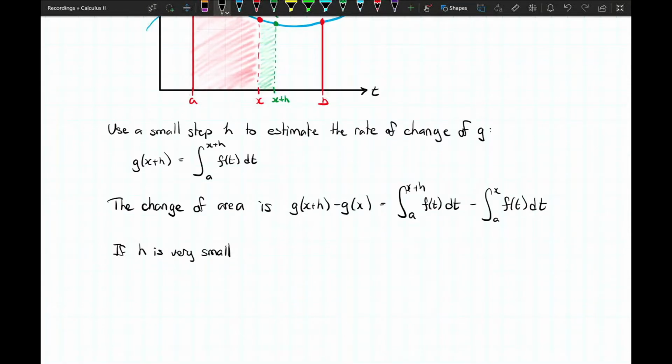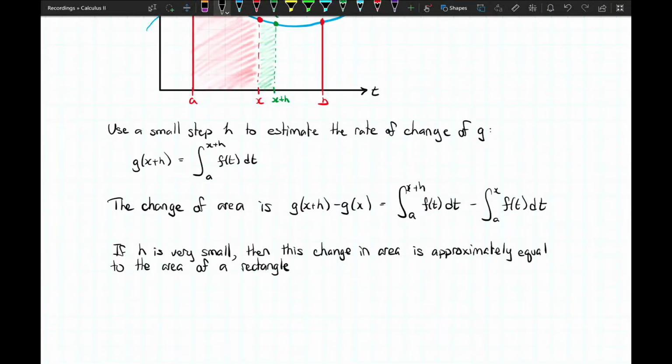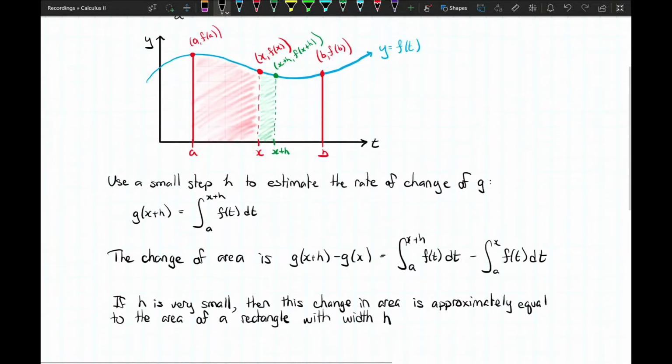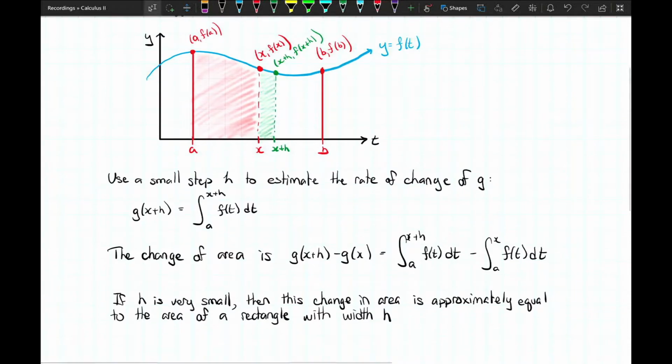As long as h is very small, then this change in area is approximately equal to the area of a rectangle with a width of just that little change from x to x plus h, which would be h. And the height, well, that might be a little bit trickier. Well, you can see that on this little graph I've drawn here, the height is really either of those red or green dotted lines. Why don't we just use maybe this like left endpoint, which could be the right endpoint if h is negative, but why don't we just use f of x as being pretty close to the height